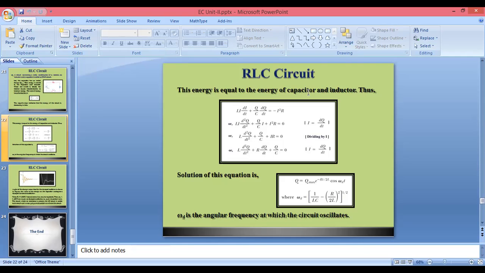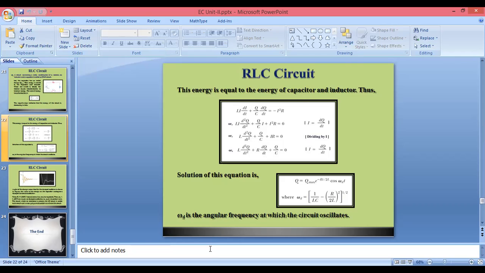Now, there will be questions like numericals only for RL and RC circuit. RLC पे न्यूमेरिकल नहीं आएगा, और RL और RC पे जब तुम्हें न्यूमेरिकल सॉल्व करना है, at that time we are supposed to derive equation for current and voltage, because of the resistor as well as because of the capacitor or inductor. RC रहेगा तो कैपेसिटर के अक्रॉस का वोल्टेज और कैपेसिटर की वजह से जो करंट जा रहा है.